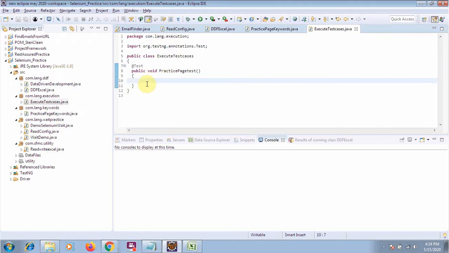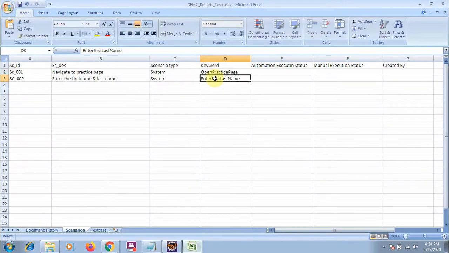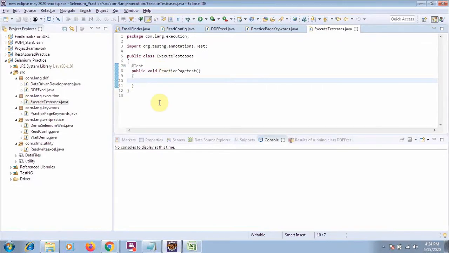Now here I will call my Excel sheet. I will get the data from the Excel sheet, and then based on the keywords, I will execute my method. Okay, so we know how to read the Excel sheet. So how will we read?